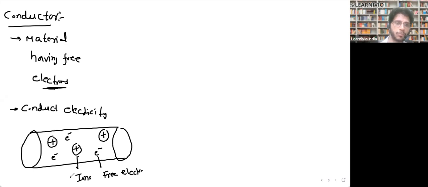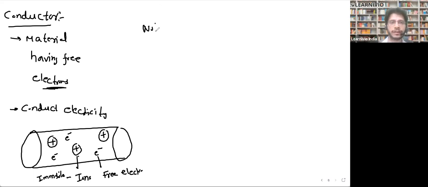Ions are immobile, they don't move. Well, to be very exact, ions are in motion, but if you compare the motion of ions with the motion of electrons, then you can say that ions are almost at rest. They are just vibrating about their mean positions. So when we compare the two, we say ions are completely at rest, only electrons are moving. In the model we will discuss in the next few minutes, we will assume that ions are at rest and only electrons are moving.